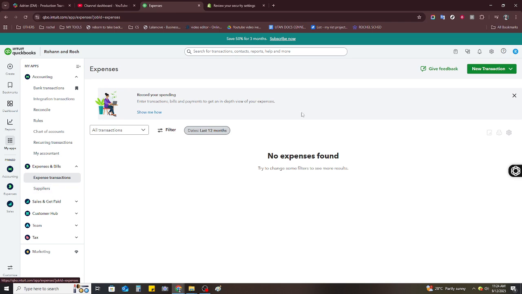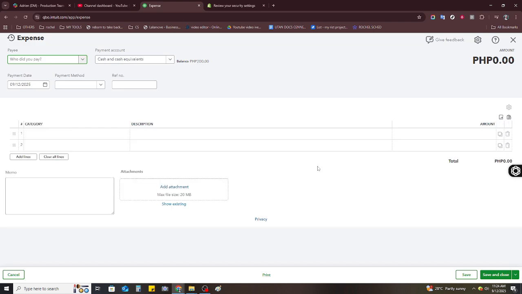Finally, it's crucial to save your work. Before clicking Save and Close, double-check your entries. The calculation is simple. Your gross sales minus the fees should match the net deposit that appears in your bank account. This final cross-check ensures your QuickBooks records are spot on and will save you from headaches during reconciliation or